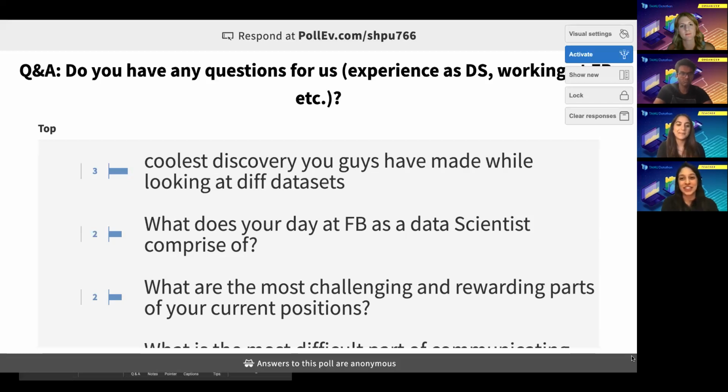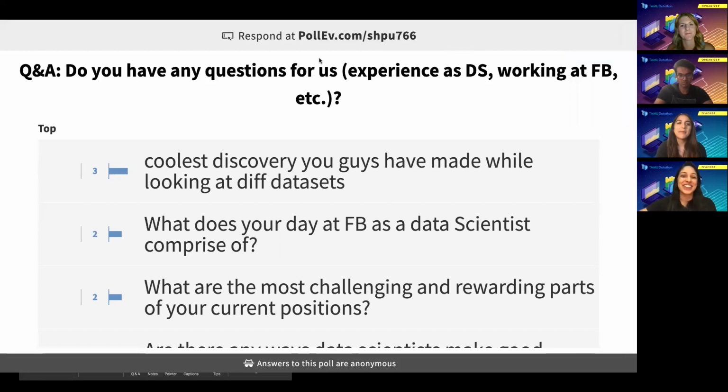And the most challenging part, I think, is actually scoping out the questions. The very first step is scoping out which projects will have the most product impact, and thinking really creatively about what questions you can ask from your data and what hasn't been done yet. It can be really challenging, because you start with nothing and you try to figure out what to do. But it also leads to the most rewarding parts.